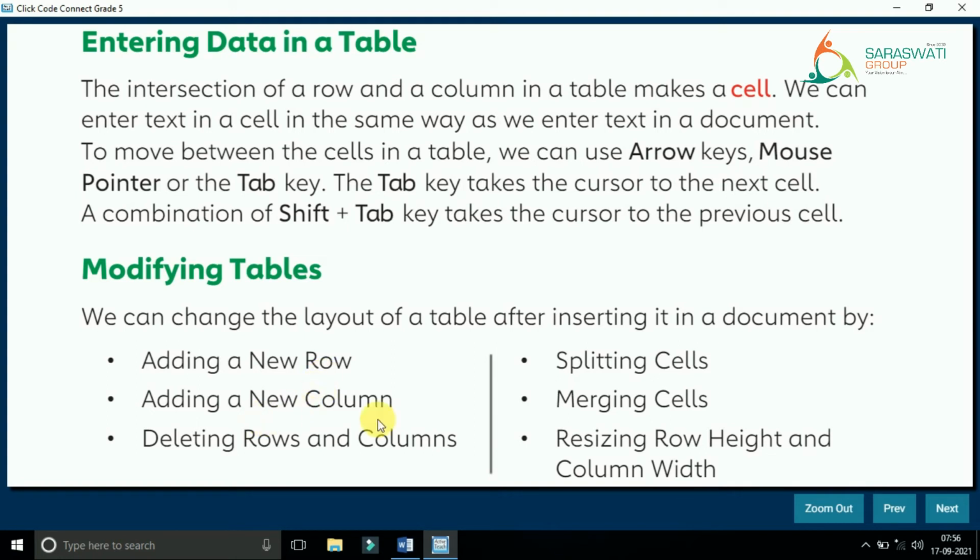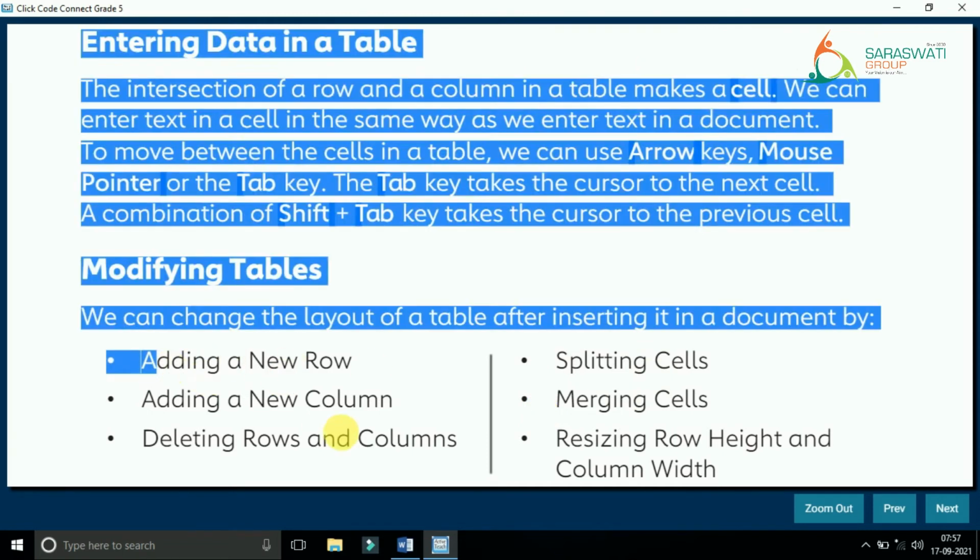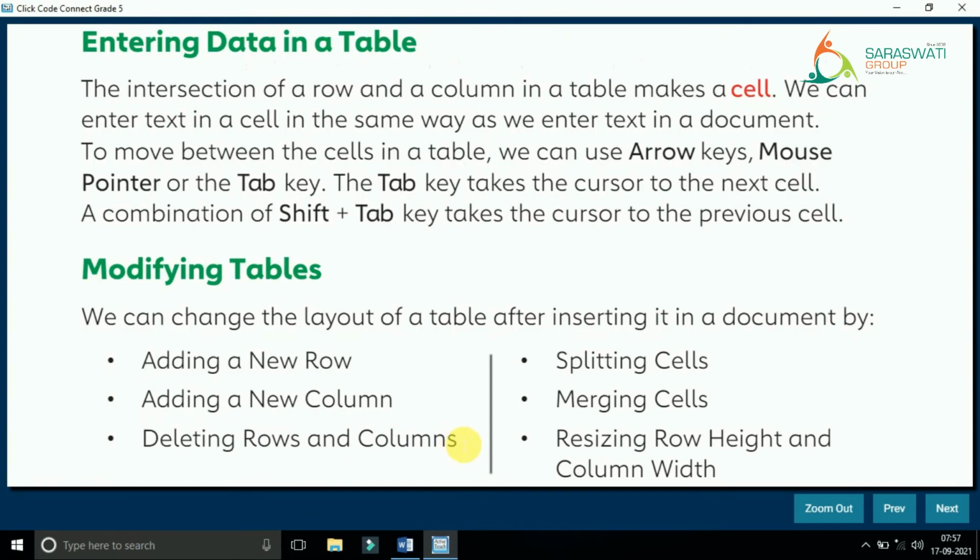Adding a new column means vertical line. Deleting rows and columns, splitting cells, merging cells, resizing row height and column width. Right, these 6 features we have to study in modifying tables, but right now we are going to study only these 3.